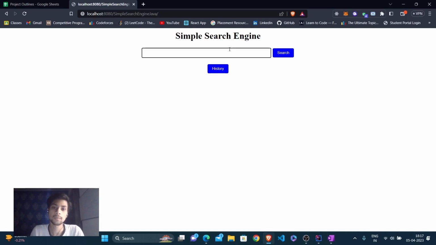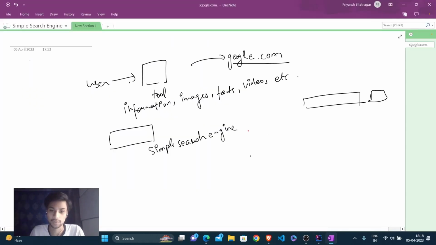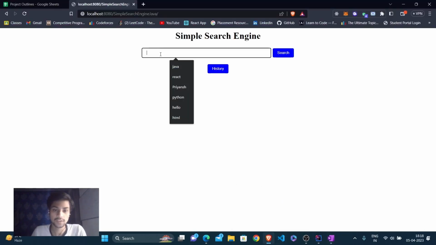So this is our web application. In this we have our title, a search bar, and a search button. When we search for anything, what I have done here, for simplicity, is I have only added the functionality for Java T-point websites. So now if I search for anything, suppose I search for React here and click on